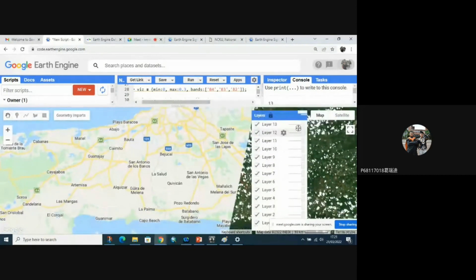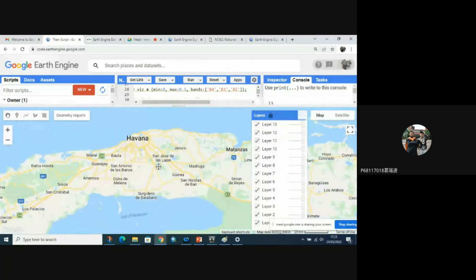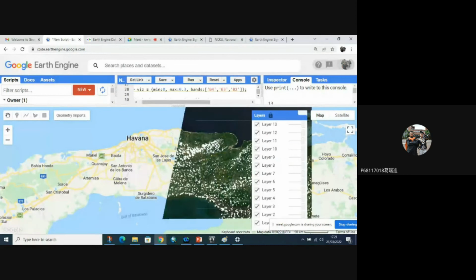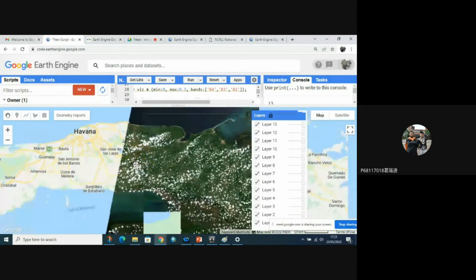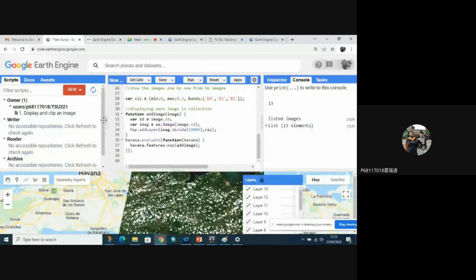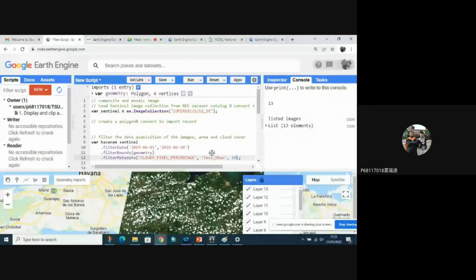It will show the 13 images. As you can see, the images already load as one layer respectively. So that's how to display, how to composite images.